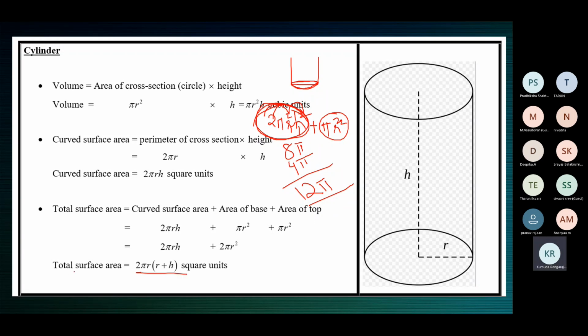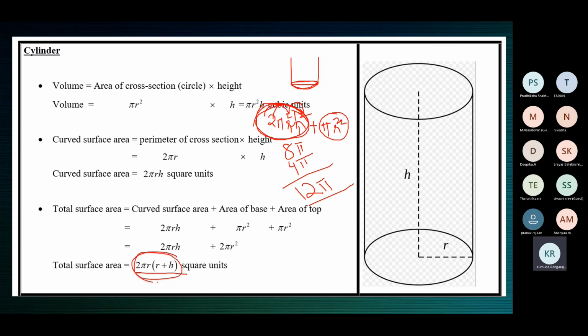This is the total surface area of a cylinder whose base and top is covered. Now, supposing you have a question like this, about this glass tumbler: write the expression you would use to find the total surface area of the glass tumbler. So don't write this formula, because it is total surface area.